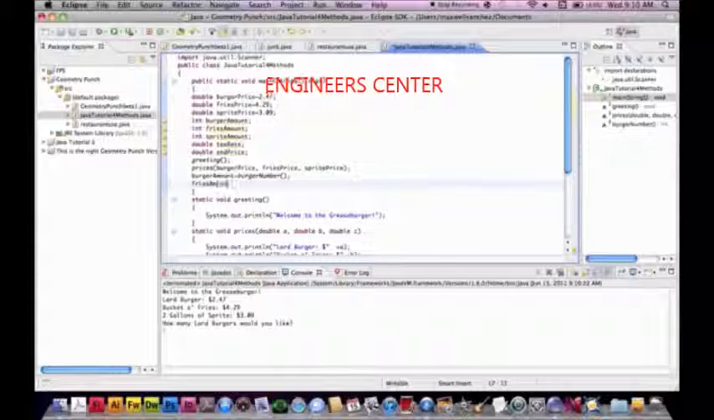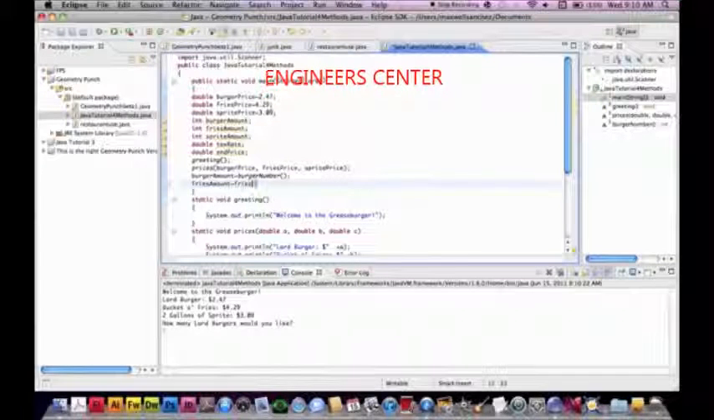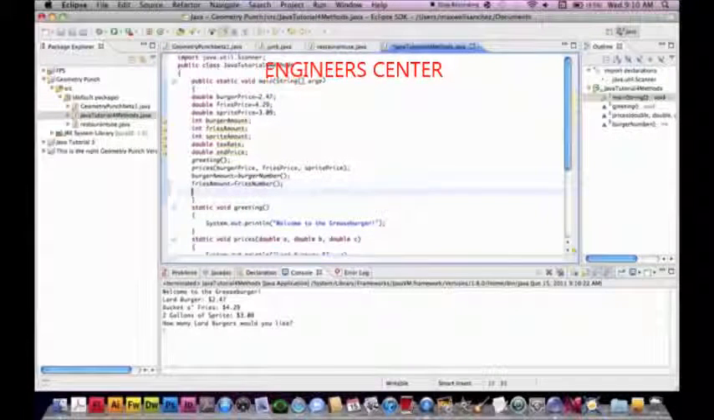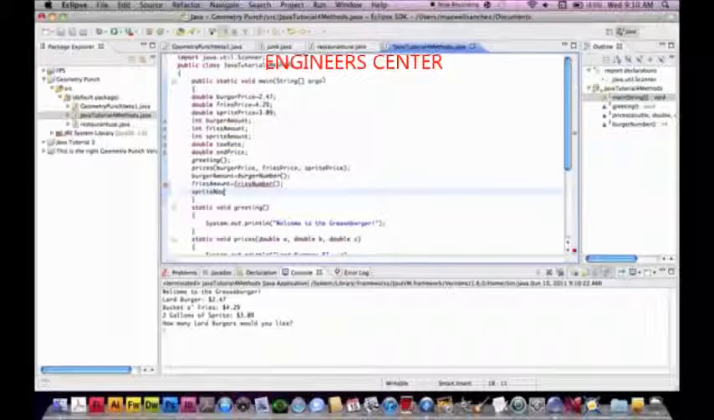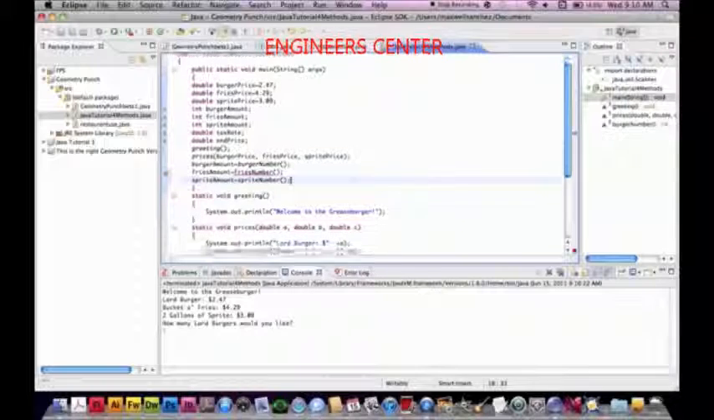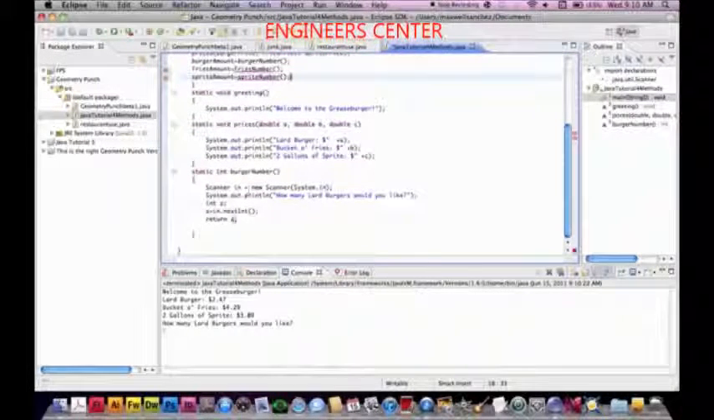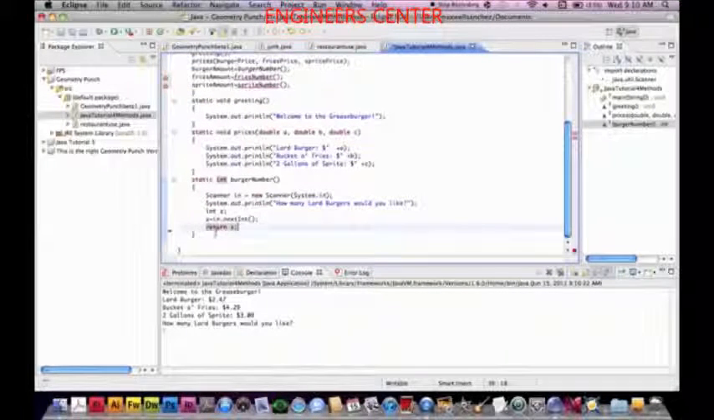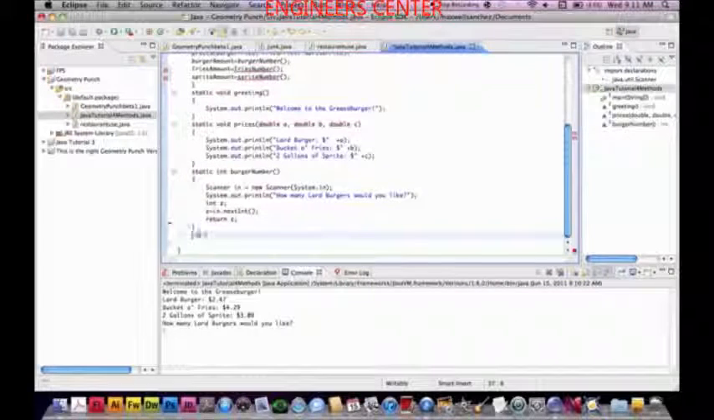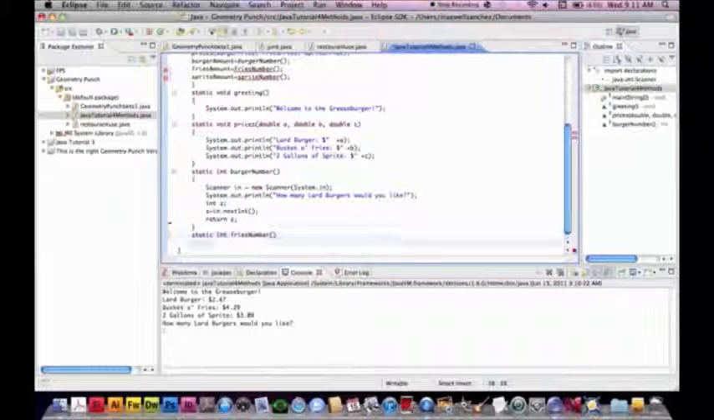And so we're just going to go fries amount equals fries number. And then Sprite amount equals Sprite number. And I name these differently so that it's not confusing. And then what I'm going to do is write those methods real quick. I'm just going to write them again, walk through them again really quick, kind of an overview. So static int fries number,